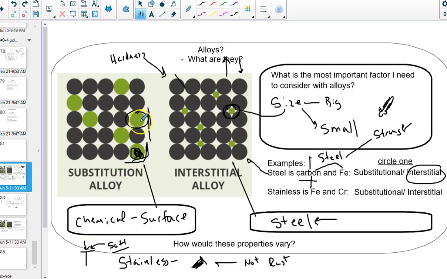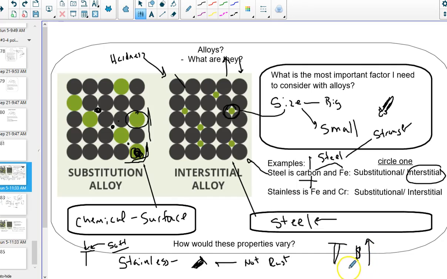Well, it's not going to rust. But does it have any interstitial properties that are going to cause it to become more brittle? The answer is no. So are there alloys that would contain both? Yes. If you have a metal that has both, you can make a screw out of it that is both hard and doesn't rust, and that's going to be pretty valuable. It may not be any more difficult to make, but the price is going to be driven up just because it's more valuable.